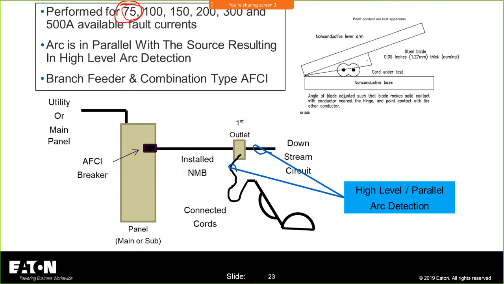75 amps was that key number that we use. So we have to detect a parallel arc all the way down to 75 amps. So the parallel arc testing, we will even conduct it on an SPT2 cord, so you have arc protection and detection from a parallel perspective on the connected cords of an SPT2, and you have it on the